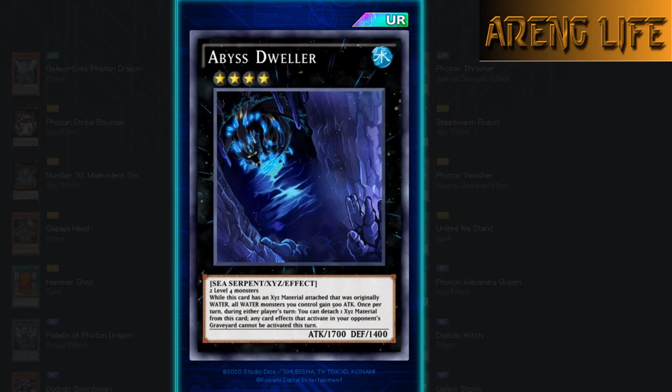It says, while this card has an Xyz material attached to it that was originally water, all water monsters you control gain 500 attack. Normally you don't use that effect. Normally you don't need it, but it's a nice bonus. It's a nice way to make this guy from 1700 to a 2200, including all your water monsters. Then it really does help. So that's pretty cool if you're gonna go for the first ability, but people mainly use it for the second ability